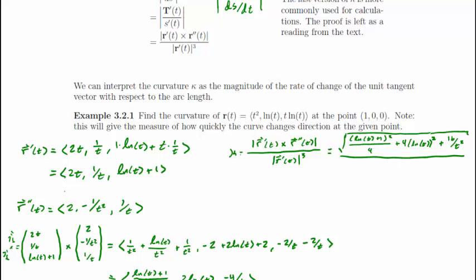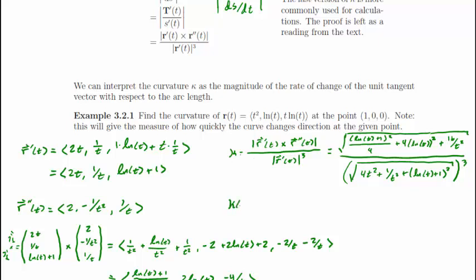Now our r prime, we want the magnitude of this, and then we'll cube it. So we have the square root in parentheses of 4t squared plus 1 over t squared plus the quantity natural log of t plus 1 all squared, and then we take that and cube it. So this, we're not even going to worry about simplifying. This is a pretty complicated equation, but this is going to give us our curvature, and we want specifically the